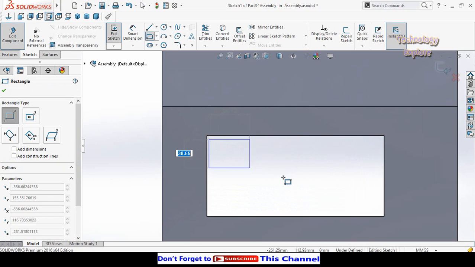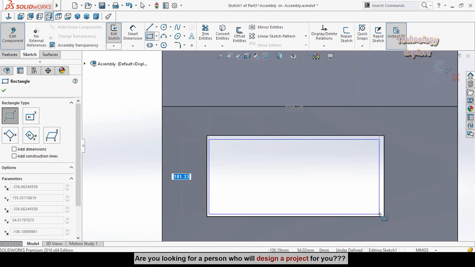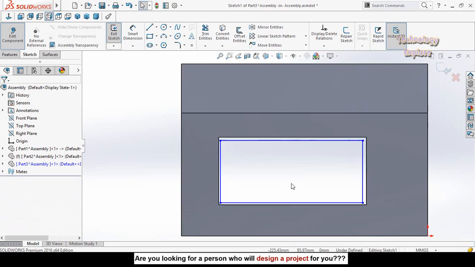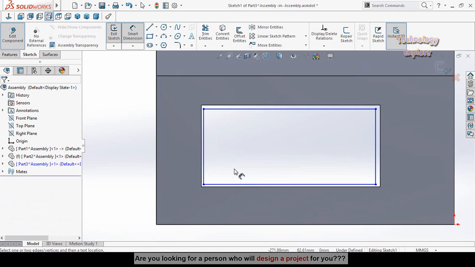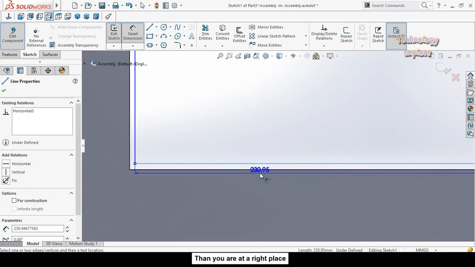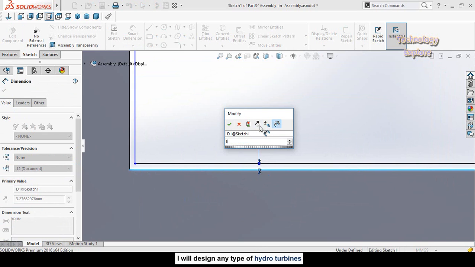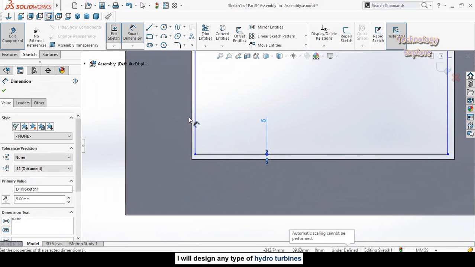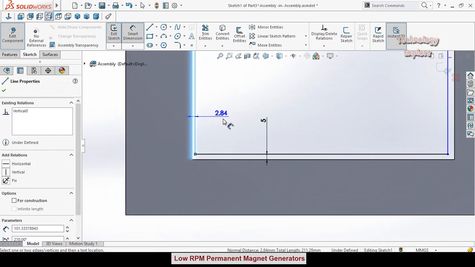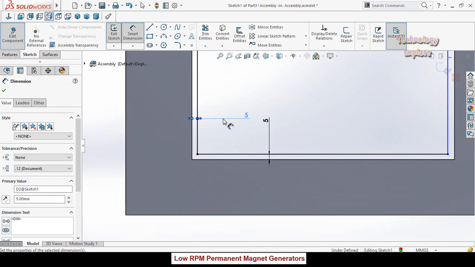Start it from like this, then press escape button, define the distance, this distance, let's say 5 millimeter, and this distance is also 5 millimeter.